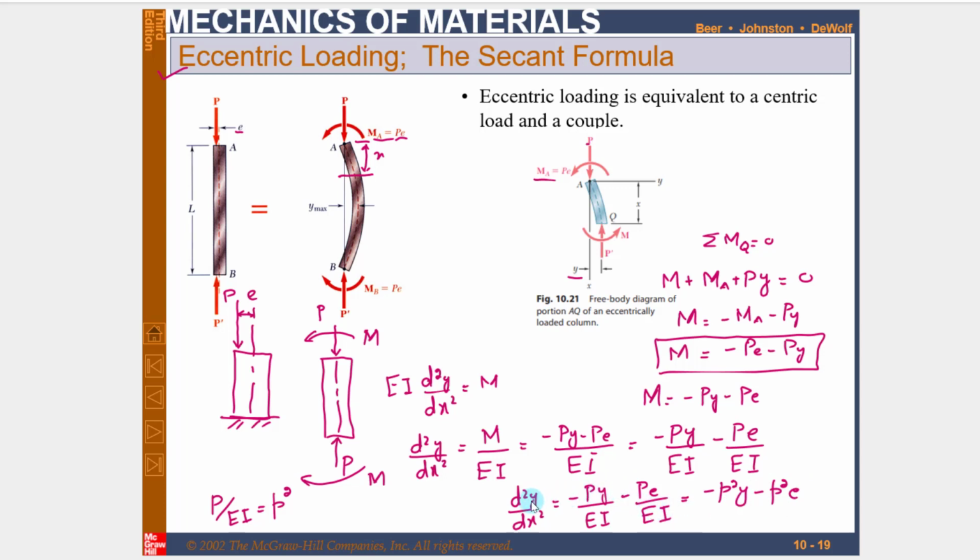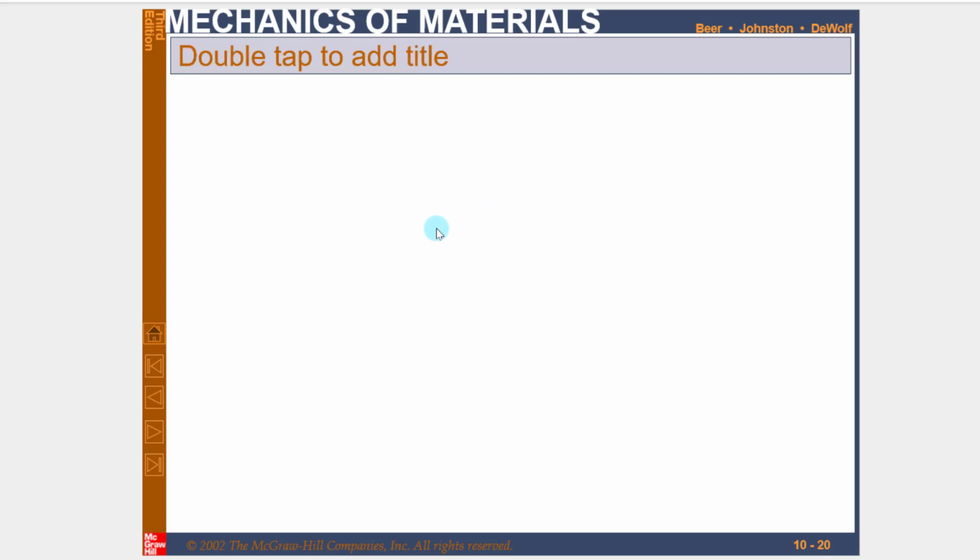So this equation becomes d²y over dx² plus p² y equal to minus p² e, bringing it to the left side. Now you can see this is a second order differential equation, and its general solution can be written as